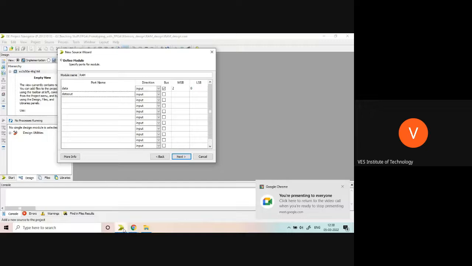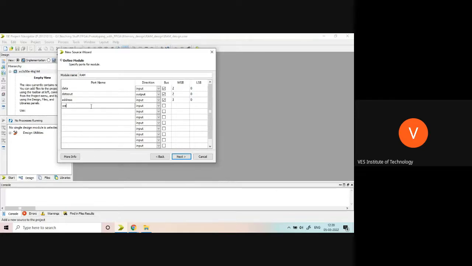Okay. So I will make it output, that is the data out. That is also again 2 down to 0. Our address will be 4-bit. So this will be input, which will be 3 down to 0.